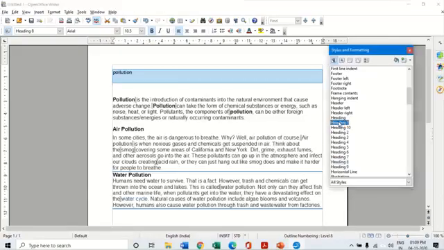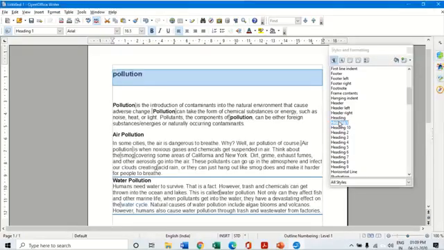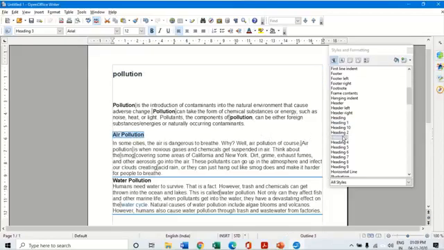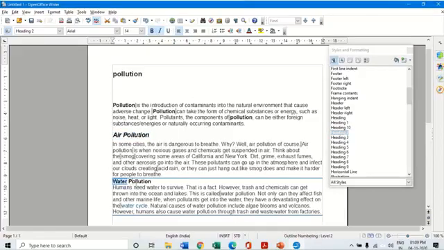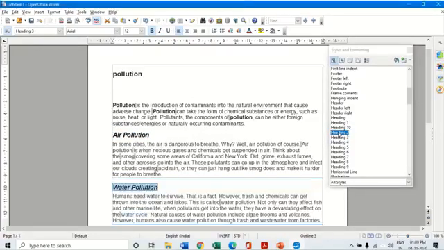Let's take heading number 1. I have taken heading number 1 for here, and for these two I want to put heading number 2. So for this one it is heading number 2, and again for this one I am giving heading number 2. I double click on this. So these two have got the same heading. So this way I can select any type of heading.